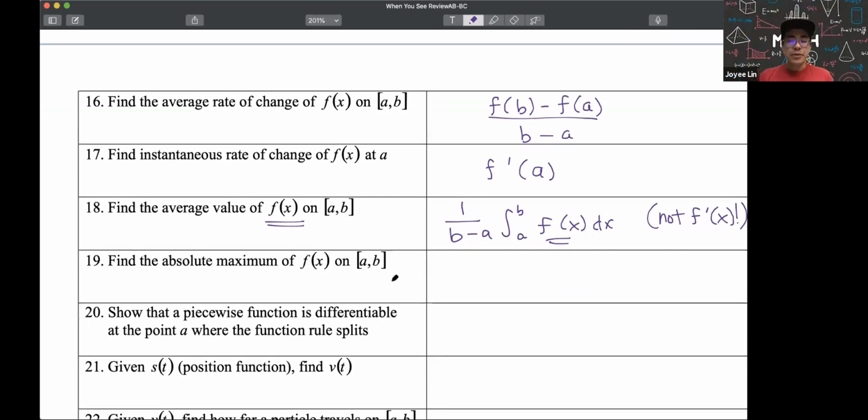So notice that this one was different from earlier. This one, they gave you endpoints, right? So critical values, let me say plug in critical values and endpoints. Okay,